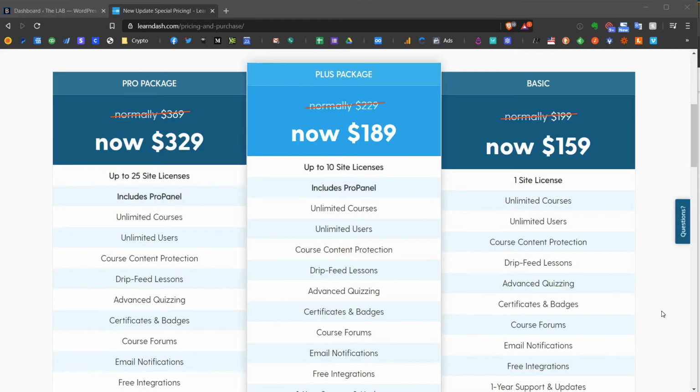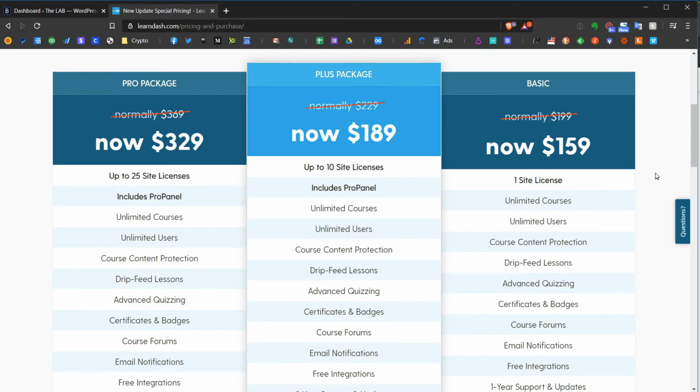All right, in terms of pricing, these are the prices of LearnDash as of this recording. Starts at $159. For $189, we quickly jump up to 10 licenses, and it also includes the Pro Panel add-on. And so personally, because it's only a $30 difference here, I think the Plus package is an absolute no-brainer. I wouldn't even bother with the basic package. I would go with Plus package because the Pro Panel add-on all by itself is definitely worth the extra 30